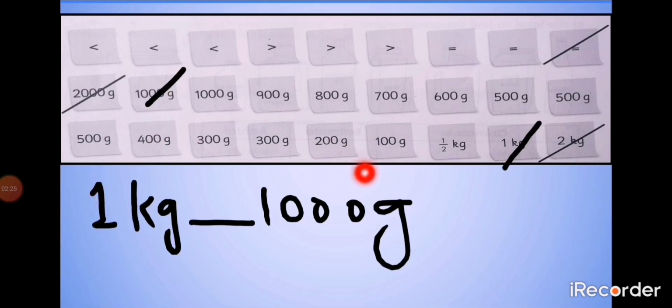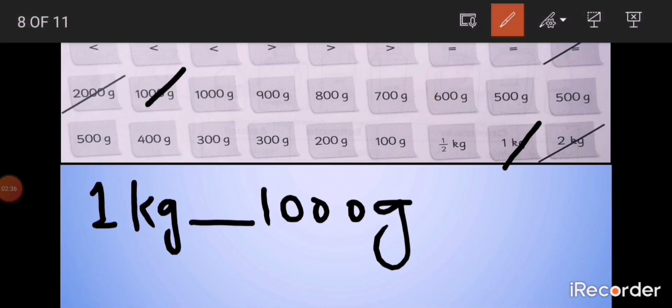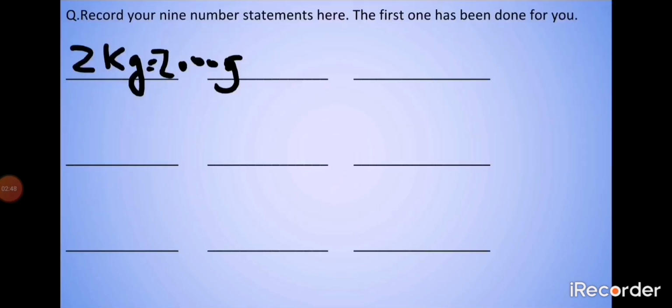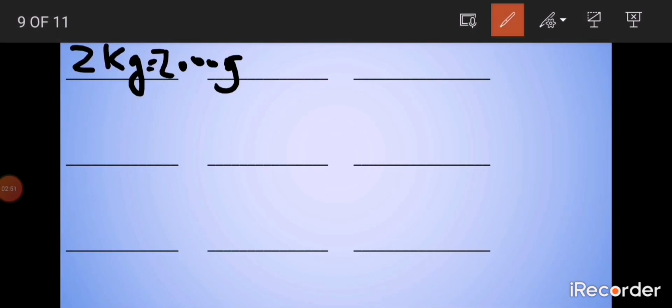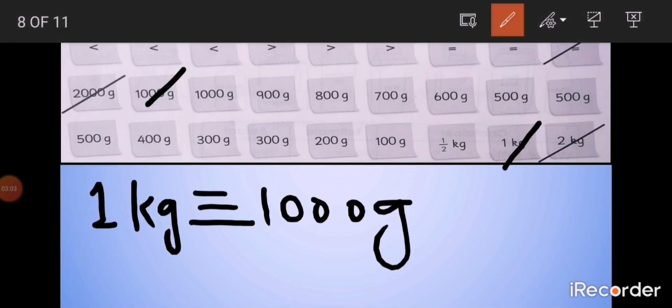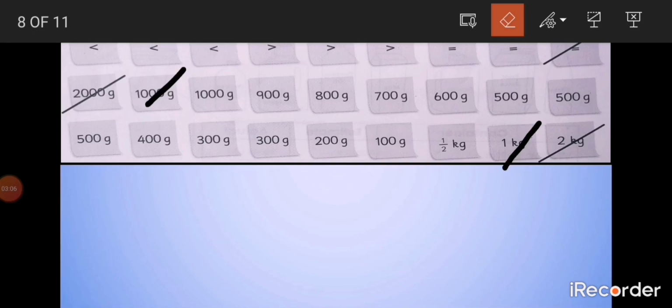And it's a simple thing. 1 kg is equal to 1000 gram, right? So which sign will we put here? Greater than, smaller than, or is equal to? Exactly. We will put the is equal to sign there, because 1 kg is equal to 1000 gram. If we write in kgs, we write 1 kg, 1 kg. If we write in grams, we write 1000 gram, 1000 gram. Now I am recording my number sentence here: 1 kg is equal to 1000 grams. Done. So the second one has been done. I'm going to erase it.